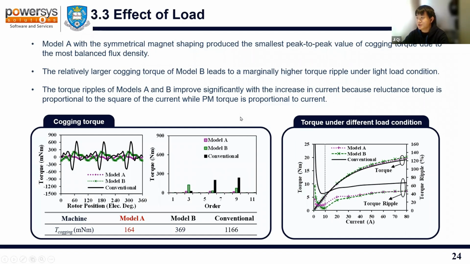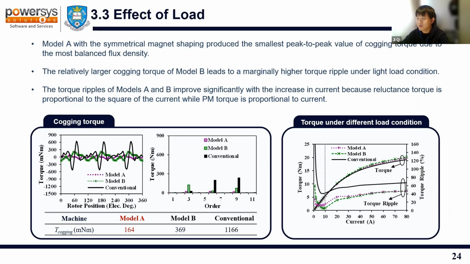This slide shows the torque performance under different load. Under no load condition, it is the cogging torque. Here, model A with symmetrical magnet shaping produces the smallest peak-to-peak value of cogging torque due to the most balanced flux density. Model B has a relatively larger cogging torque, and this leads to